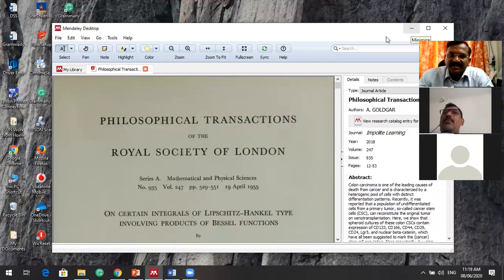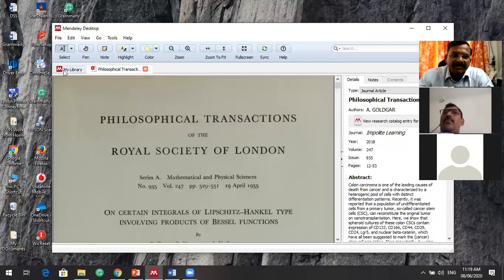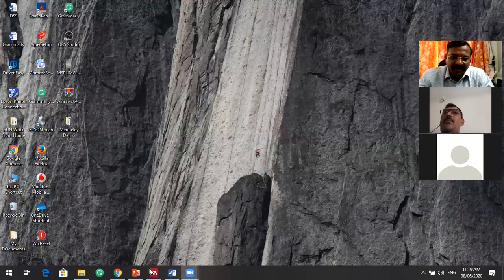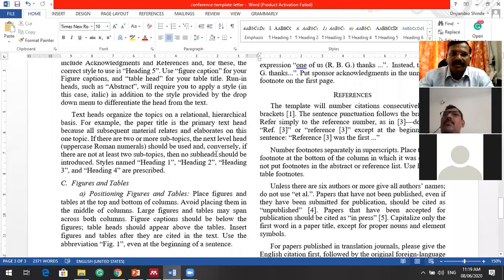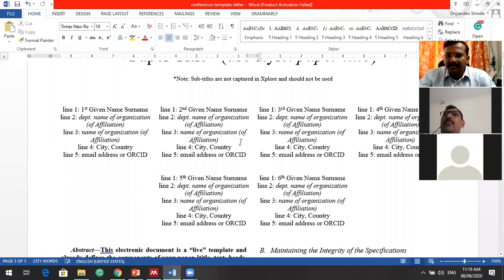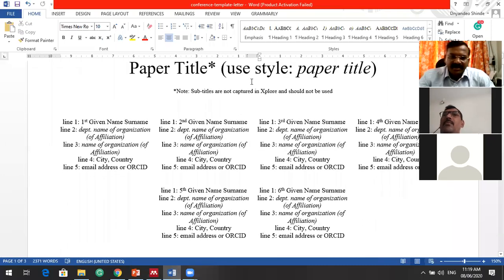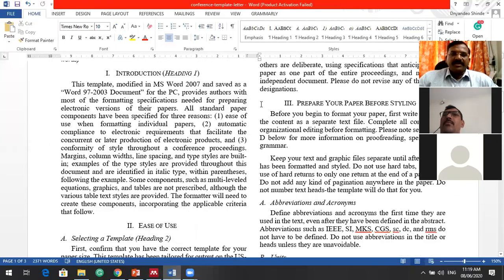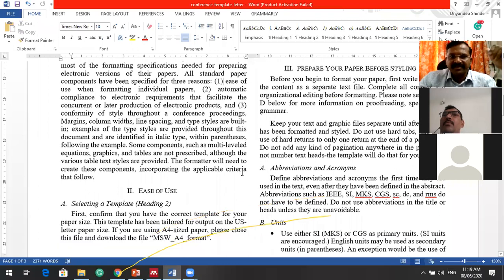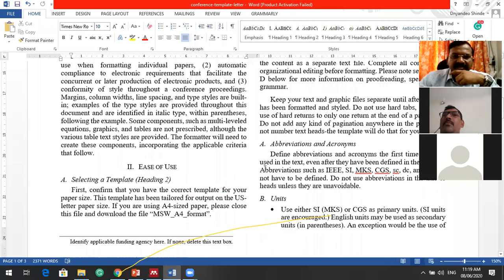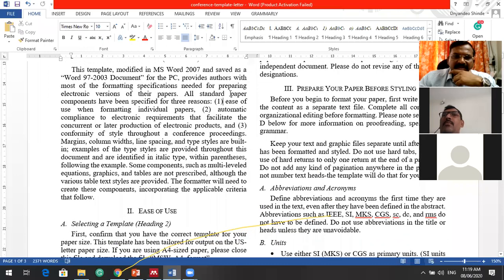Now, once this is done, once your reference library is ready, now let us say I am working on some paper. This is some IEEE format. Now here, when you want to insert the text, now see this is some reference is given 1, 2, 3. So there are different styles of referencing. We will come to these referencing styles also later on. So this is what we have.